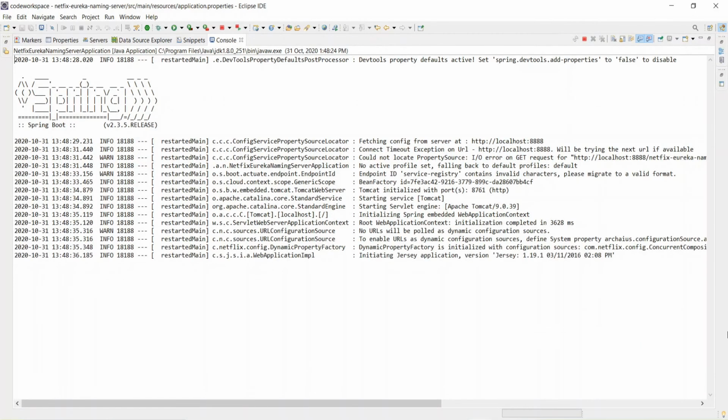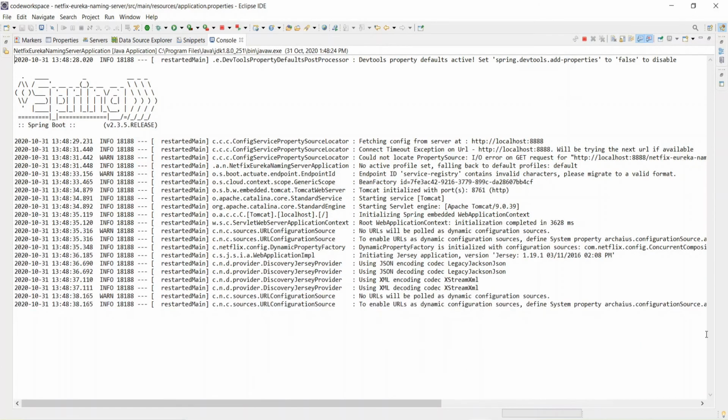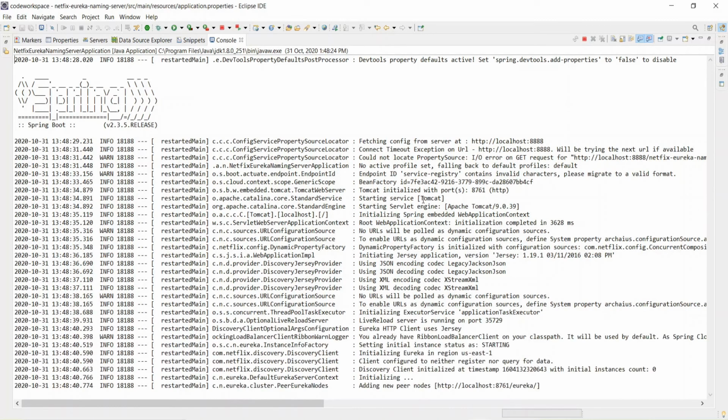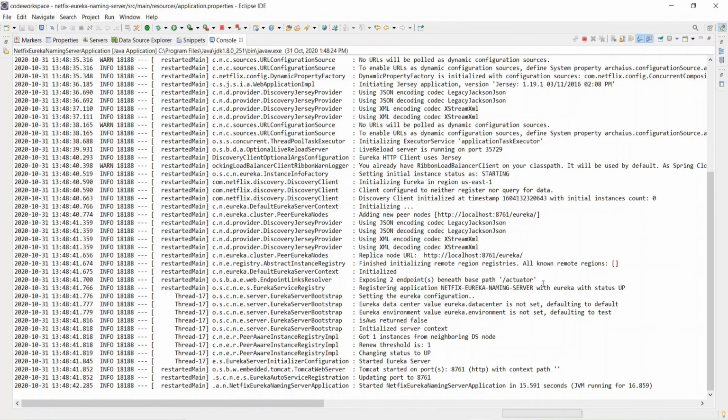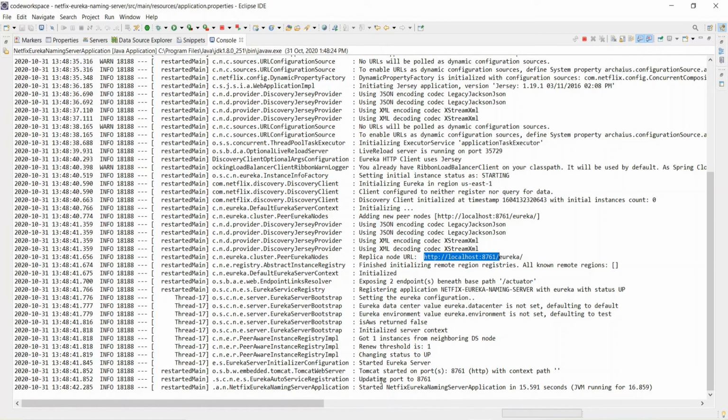Let's see how it's getting restarted. Watch the log information, this will be very helpful to understand. So this is how it's running on localhost 8761. It says started Netflix Eureka server in 15.91 seconds. Tomcat started on port 8761.